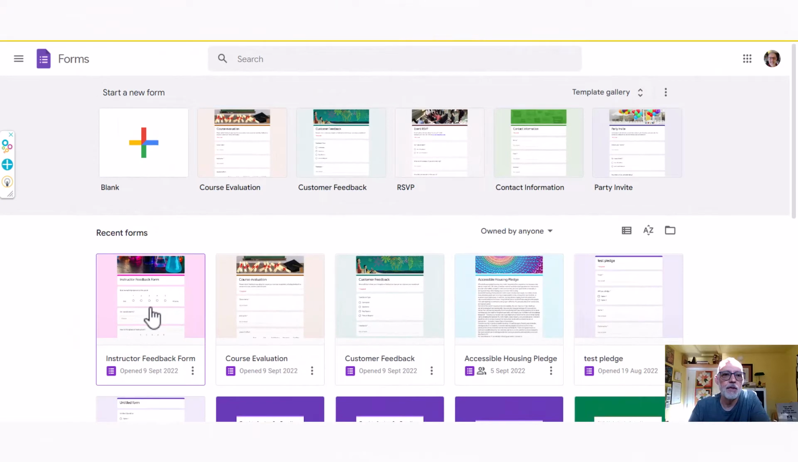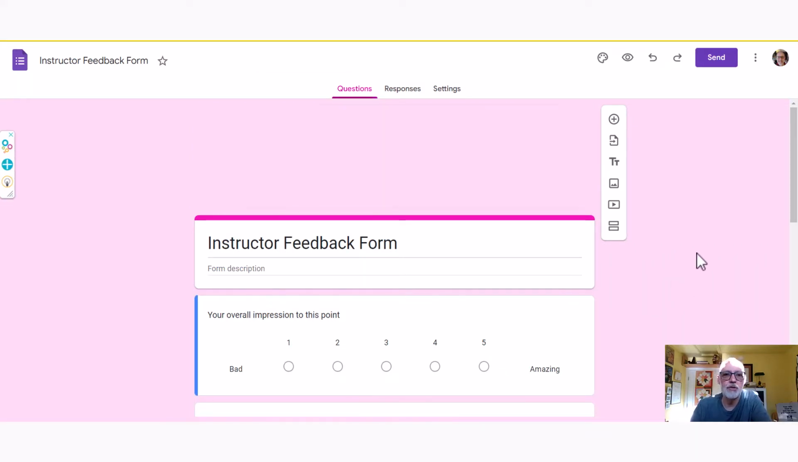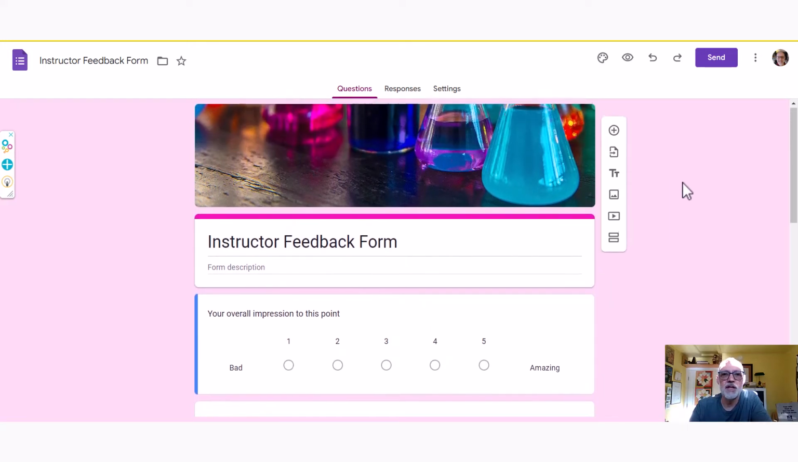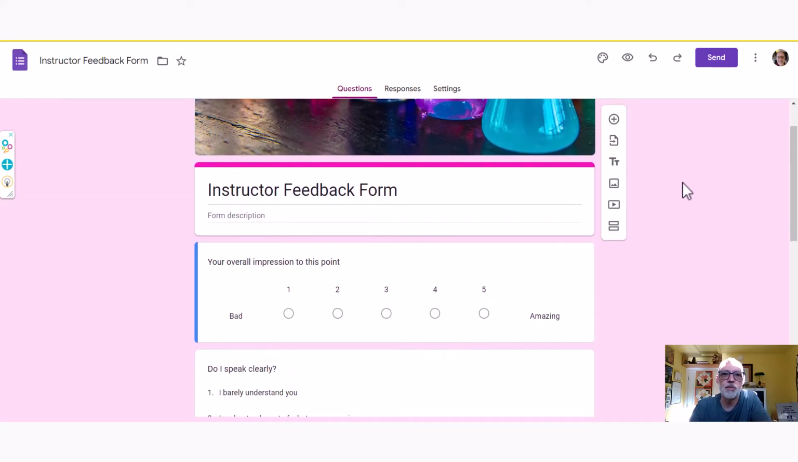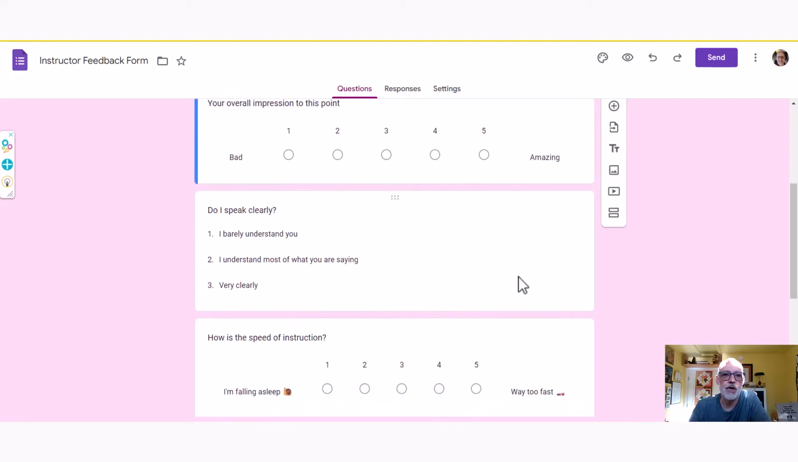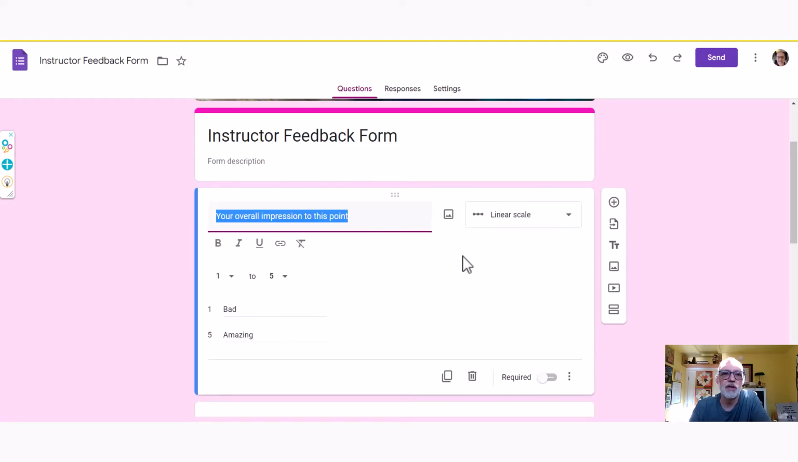So here's my form, and this is the view from the composer where you make your form. You can upload a picture, you can set the colors, or if you don't set the colors, the system automatically makes the color scheme according to that cover image. And then you have different tiles for questions. In the first one, I just started with the overall impression, and if you click on it, you can see the different options. For this one, I chose a linear scale from 1 to 5,